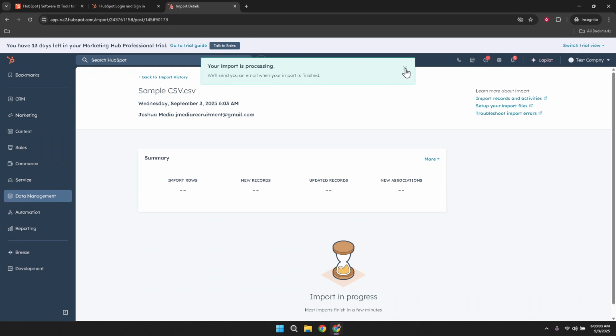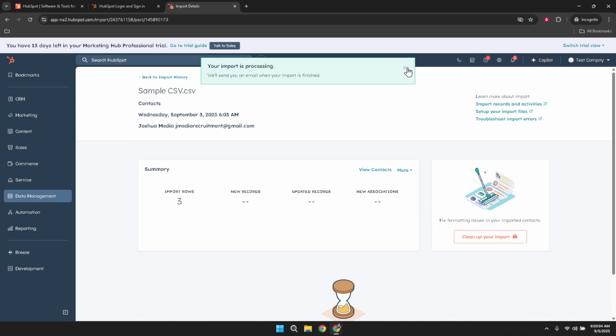You can revisit these steps anytime you need to keep your records current. This guide should help you manage your